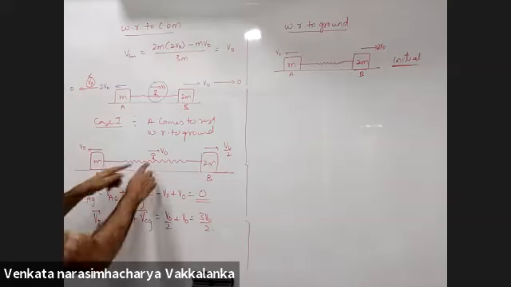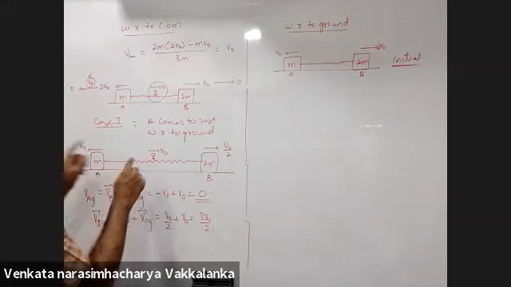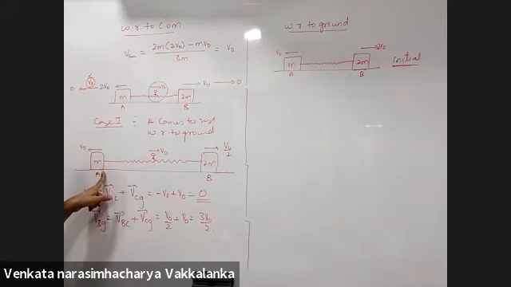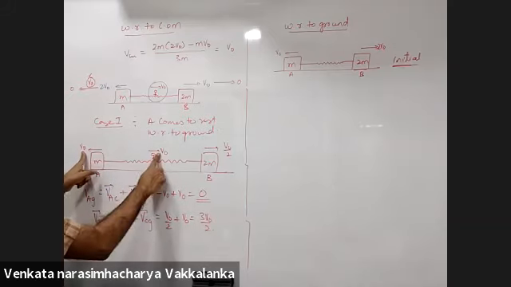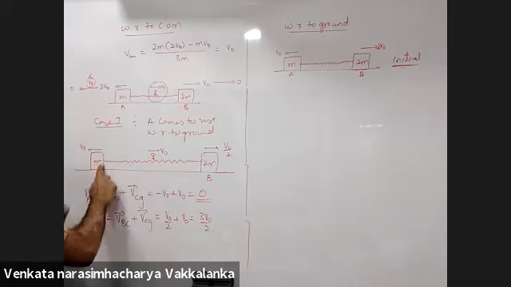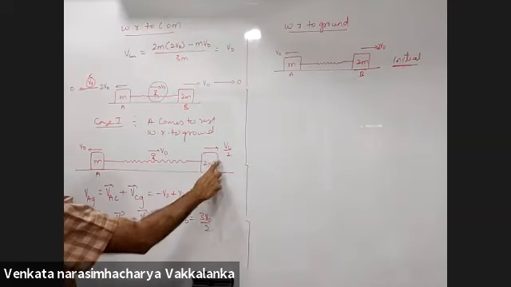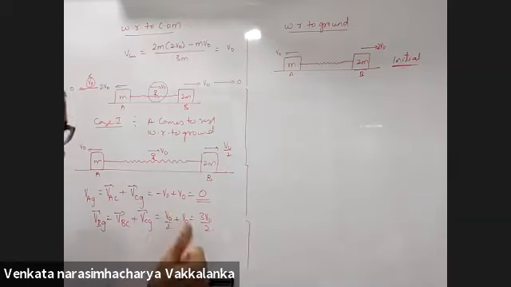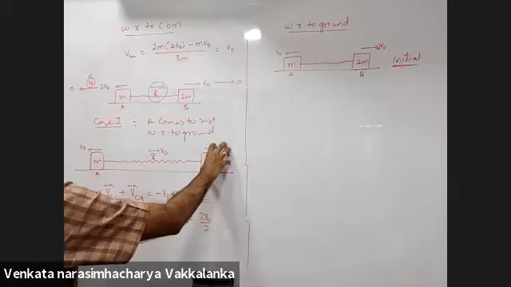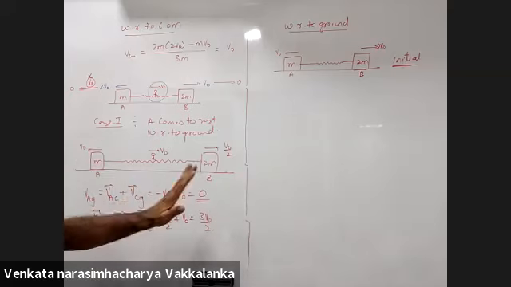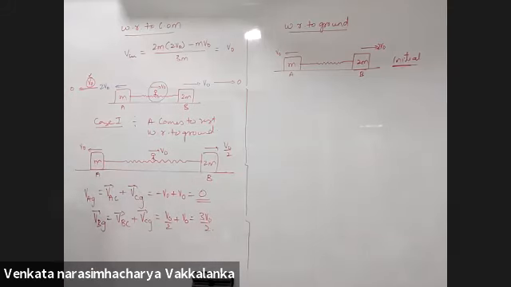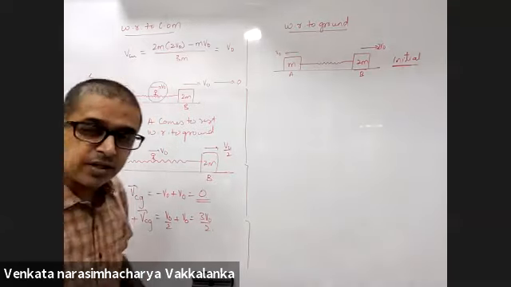And with respect to center of mass, at an instant when A comes to rest, its velocity will be V naught in the backward direction, equal and opposite, so that the summation will become 0. With respect to center of mass at that instant, B will be moving with a velocity V naught by 2, simply because the product of this momentum and this momentum should be equal and opposite. Before it goes to maximum elongation, A comes to rest.